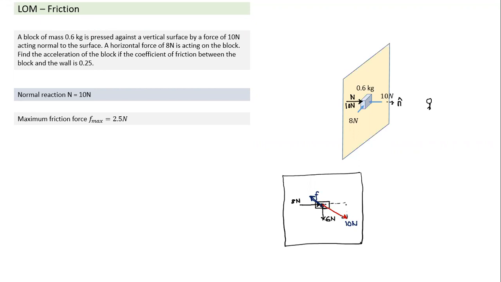It will start slipping. In that case, once slipping starts, what friction force will act? Kinetic friction will act, which will be equal to its maximum value of 2.5 Newton. This is what the motion will look like. So the net force acting along the direction will be equal to 7.5 Newton. And 7.5 Newton acting on 0.6 kg, we can calculate what acceleration it will have. Which direction will it tend to slide? Which direction will it tend to move? It will move in this direction.